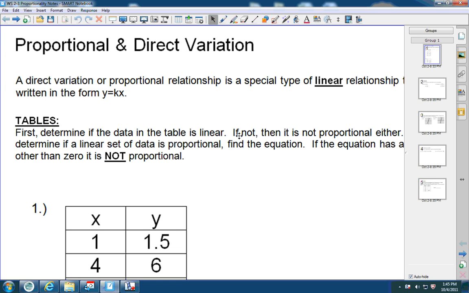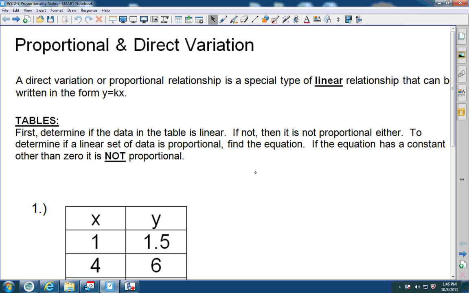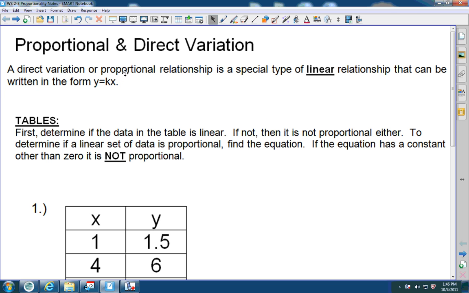This video is an introduction to proportional and direct variation. A direct variation or proportional relationship is a special type of linear relationship that can be written in the form y equals kx. The first thing that's very important to know is that it needs to be a linear